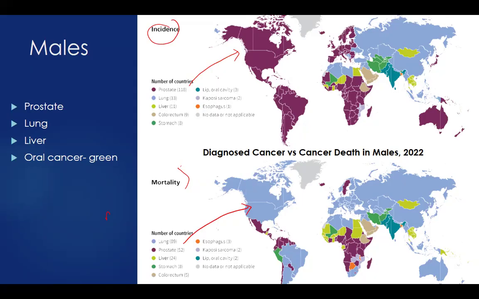This is not stomach cancers. This is the in thing, and I put oral cancer in green. So look at India. Oral cancer is one of the highest. India is the only place that has a huge amount of oral cancer. And also in India, look at the death from oral cancer, the same way.